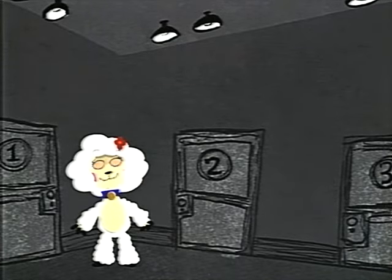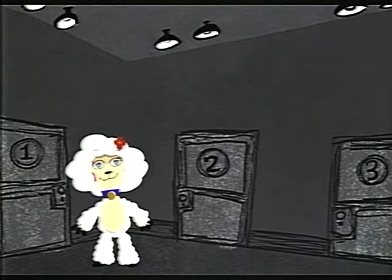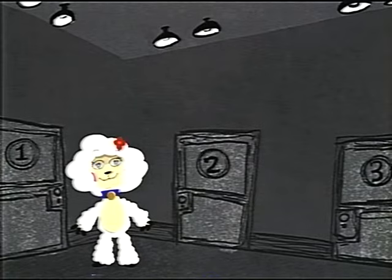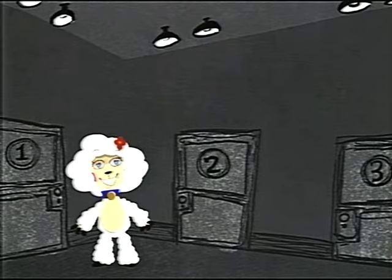Alright, this is the main hall of the place. In front of you, you'll find 3 doors. These are the storage areas. The first door is used to save any kind of cleaning items and supplies. The second door is used to save all kinds of prizes and merch that was available in the Bob's Burgers restaurant. The third door is used to hide